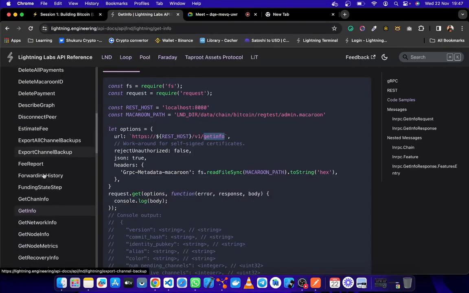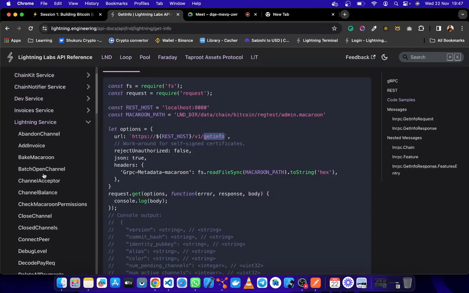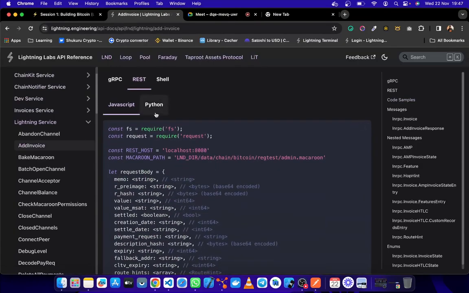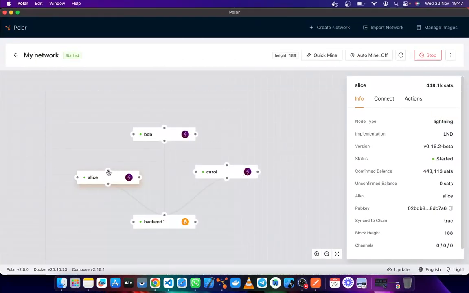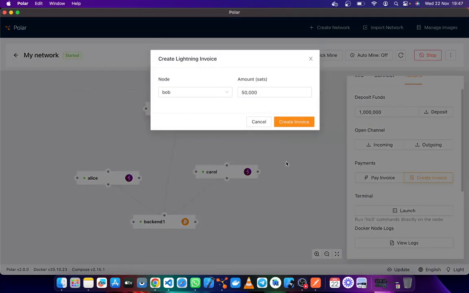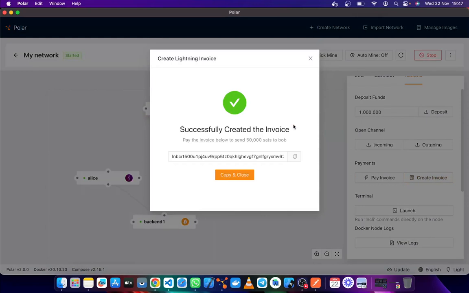So let me take you to this endpoint, and I think it's add invoice, this one. So usually when you go ahead and create an invoice, maybe let me do it from here. So think of this as Moon. This guy, this is the Moon guy. So the Moon guy will create an invoice like this, and then they will give it some money. So for example, you create that. There is this string that it gives you. So this string is what you give to your reader. So when the Moon guy creates an invoice, behind that QR code that you scan is this string.